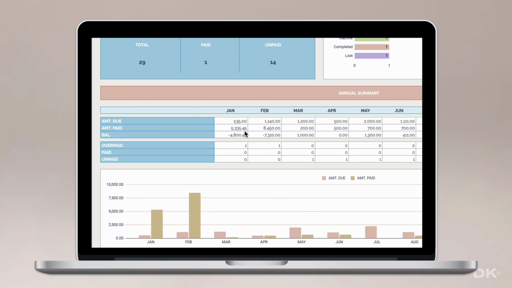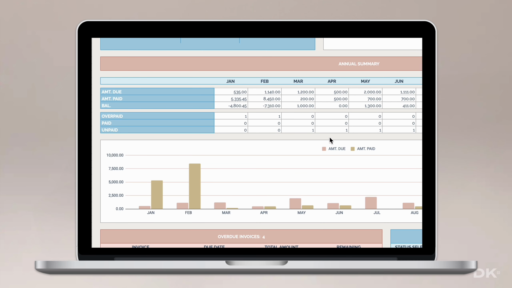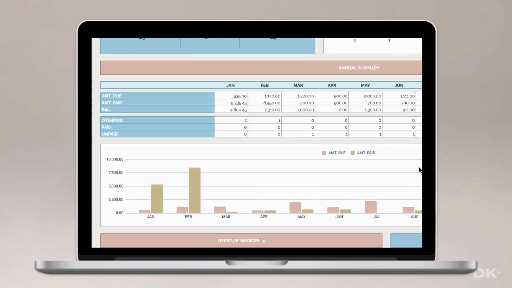Each column displays the amount due, amount paid, and ending balance. The monthly overpaid, paid, and unpaid counts are included as well, with a color-coded bar chart beneath that visualizes the difference between overpaid, paid, and unpaid across all months. This allows you to clearly see patterns, such as heavier payments in February or higher unpaid balances in March and